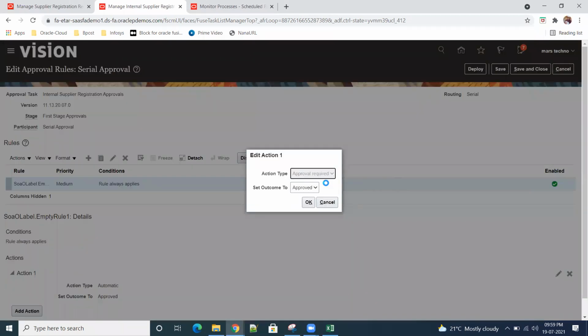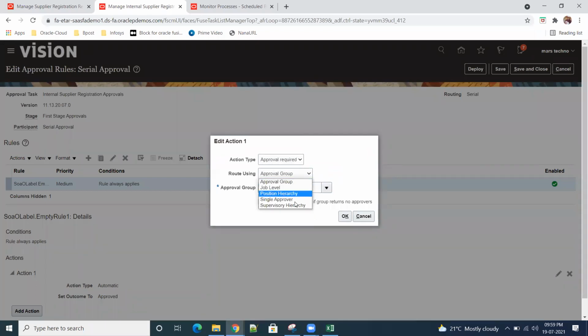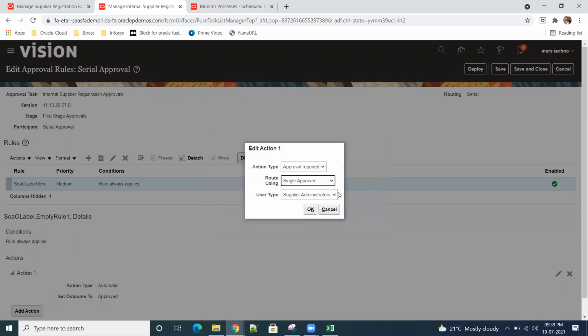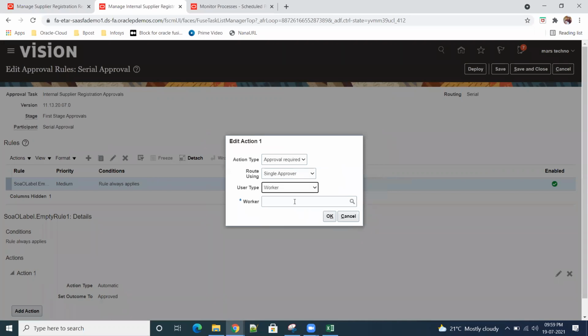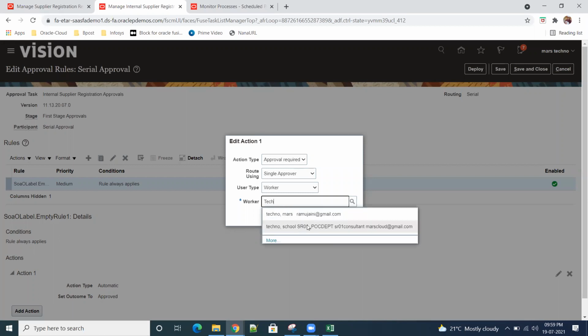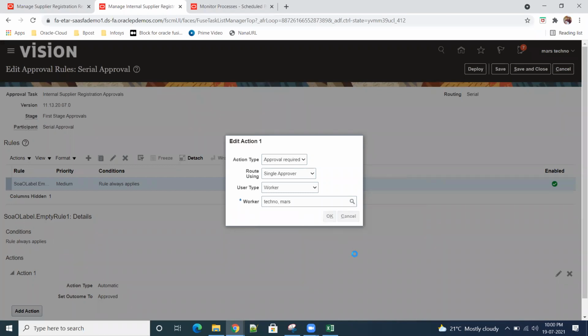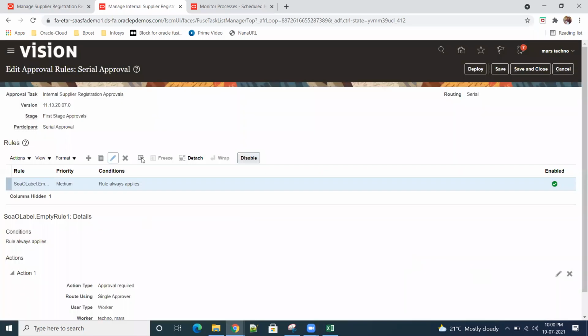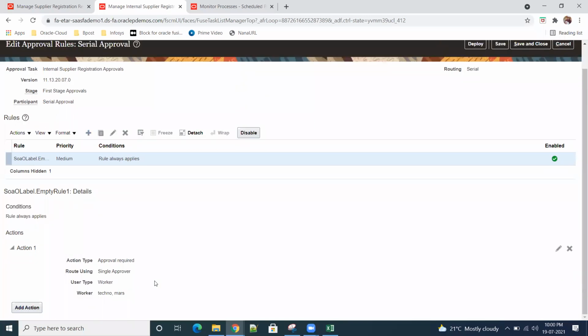Let us say approval is required, so I'm taking single approver here. We'll go through all the levels at a later stage. I'm selecting worker here, and giving my name only. Technomads. Click on OK.